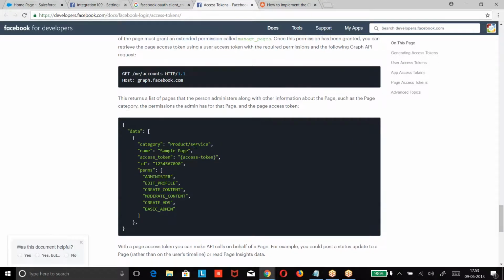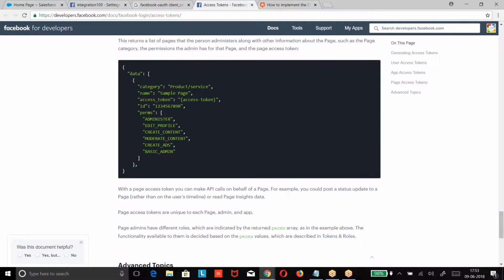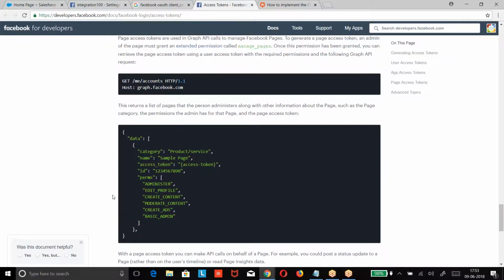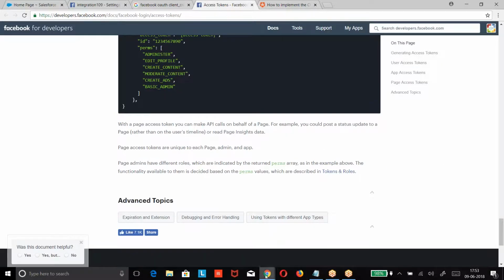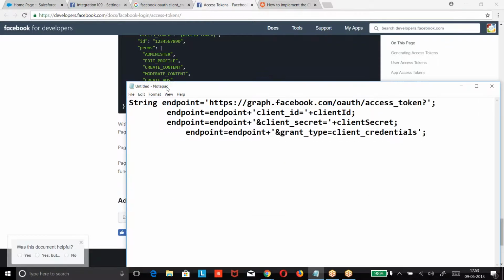Once you got the access token, then we'll be able to make a request to get our data. So now what I'm doing here, already I have defined graph.facebook.com OAuth access token, then client ID, client secret, grant type equal to client credential. The same thing what we have taken, right?